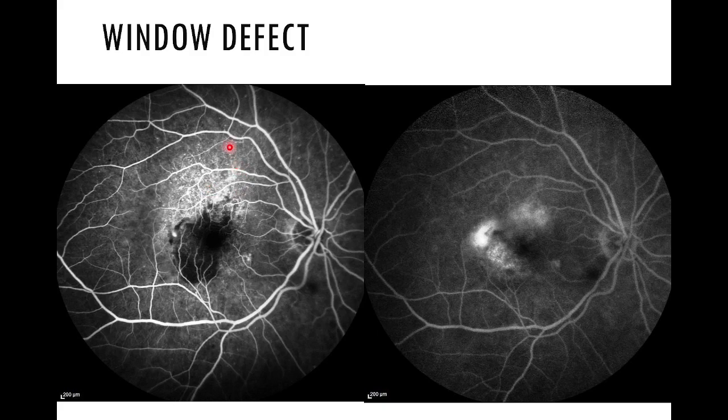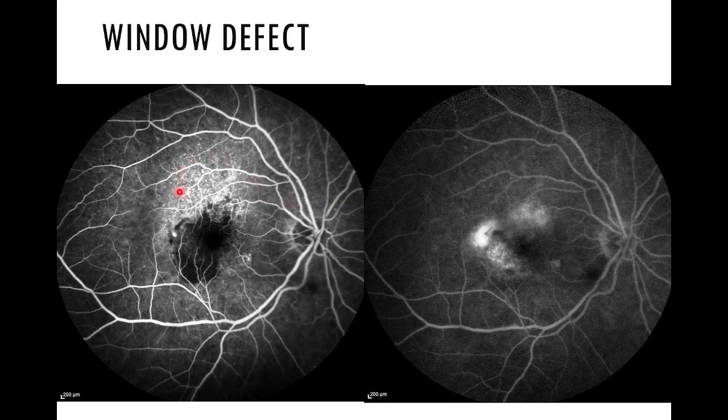Okay, so in the same patient, if we would have taken the picture in the early phases, we would have seen hyperfluorescence. So what happens? We'll be able to see that in this particular area we are seeing the underlying choroidal hyperfluorescence due to the RPE defect, RPE non-functioning or RPE defect. We are seeing the underlying choroidal circulation here. Eventually, over a period of time, the dye in the choroidal circulation gets washed off. So this particular area fluorescence also gets fainter. So the hyperfluorescence which is seen in the early phase, which gradually disappears in the late phase, is suggestive of window defect. Okay, hope you all understood.